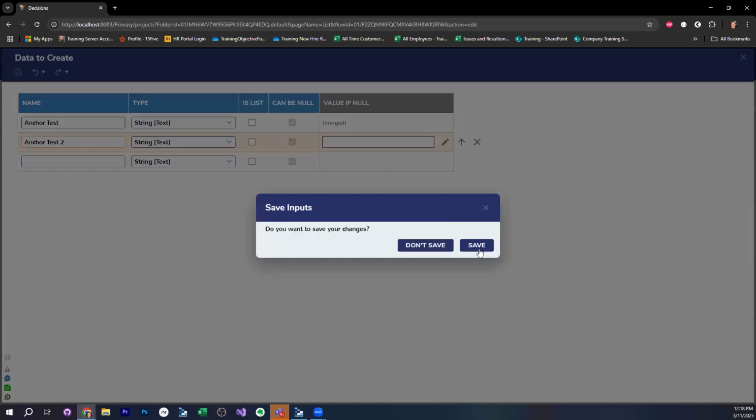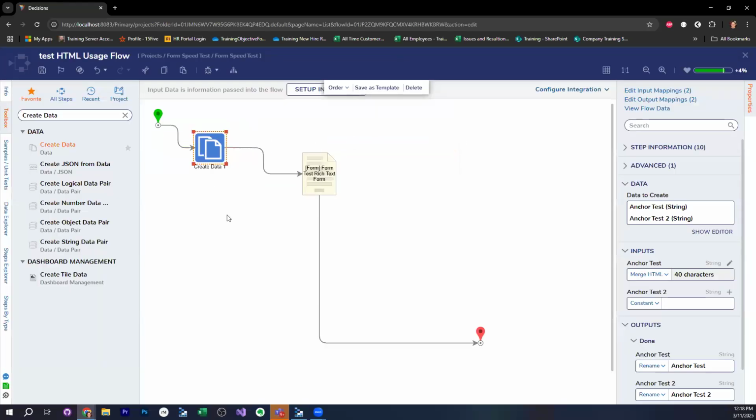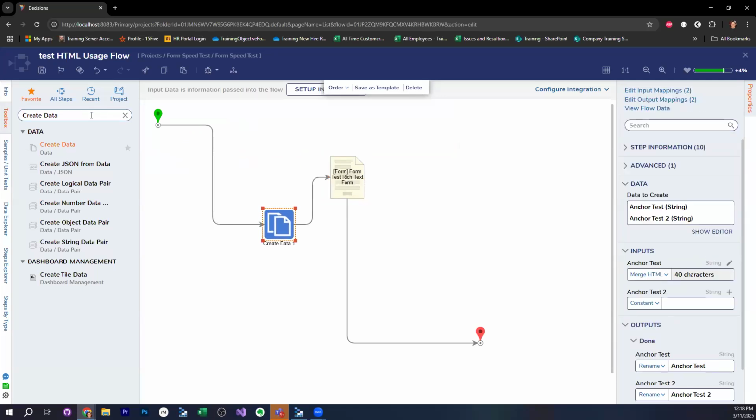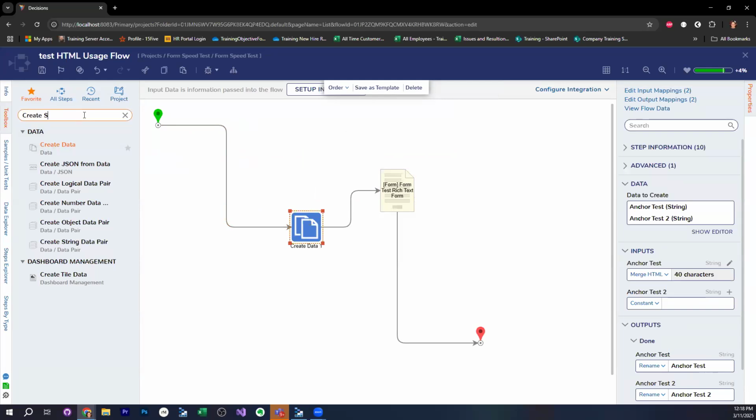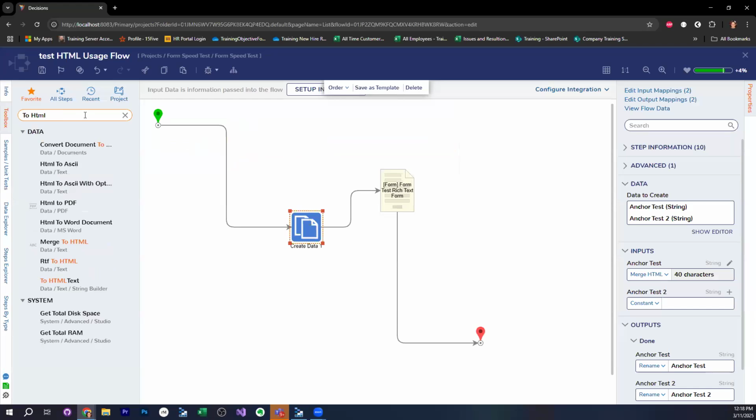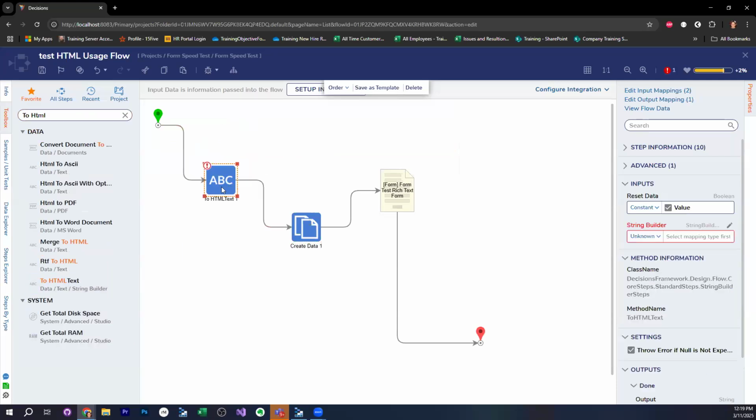Anchor test 2, we'll call that. It's a pretty bad name. What I want to do now is, can I create string builder? Or no, I just want 2 HTML, 2 HTML text. And what do I need here? You do need a string builder value for that.